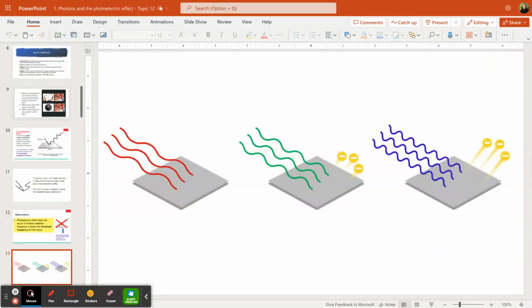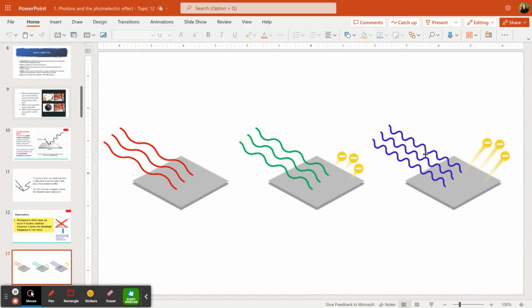Okay, so this also links back to the EM spectrum, topic 4 waves. So you can see I've got 3 different wavelengths and therefore 3 different frequencies of light. The low frequency light, which is red, does not cause electron emission for this particular metal. Threshold frequency has not been met. As soon as the threshold frequency is met, I get electron emission.